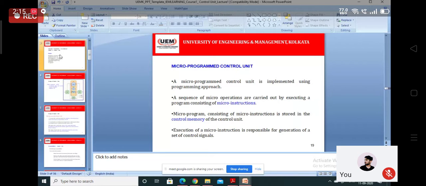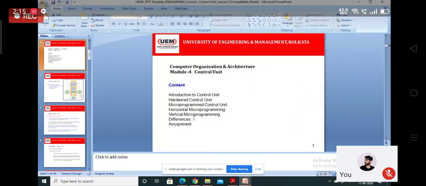In the last class we discussed the control unit part, and there were two things, hardware control and microprogrammed control unit. The hardware control unit part we discussed in the last class, and what do you mean by this? In short, this is the type of control unit where it is mainly focused on the hardware. The control signals are generated by the hardware using some conventional logic design technique. So that's why the name is the hardware control unit.